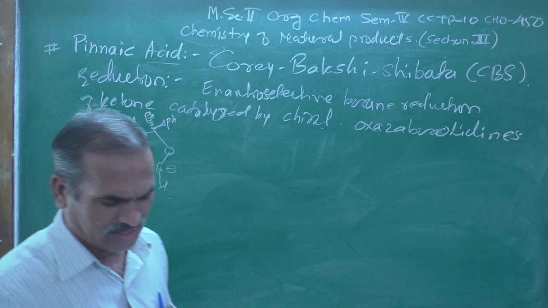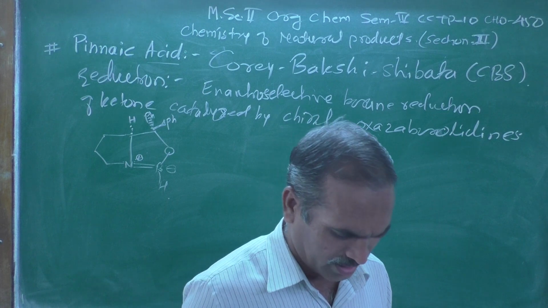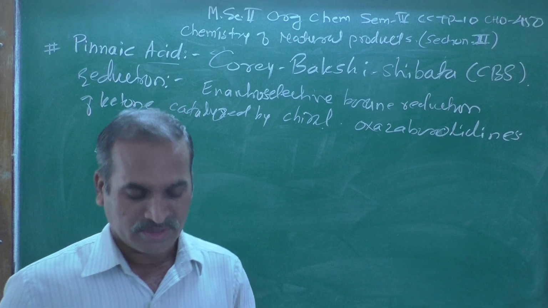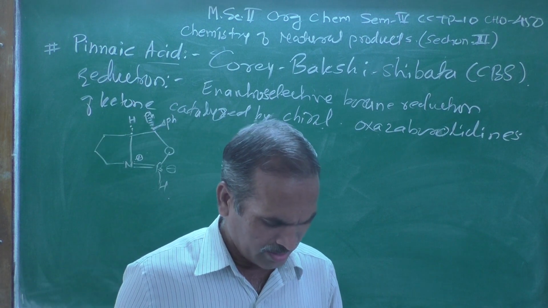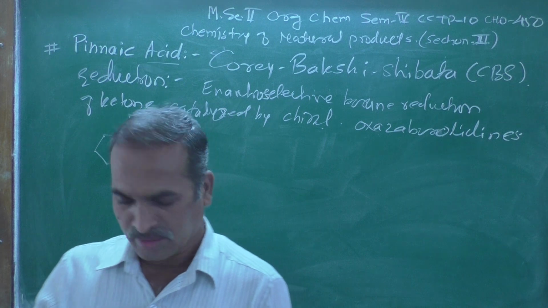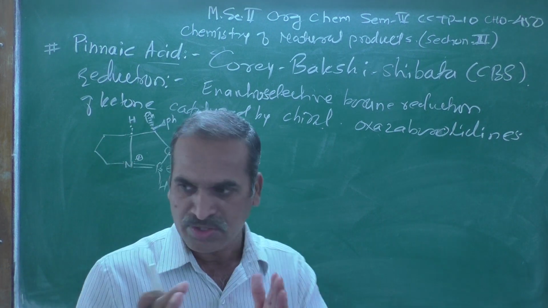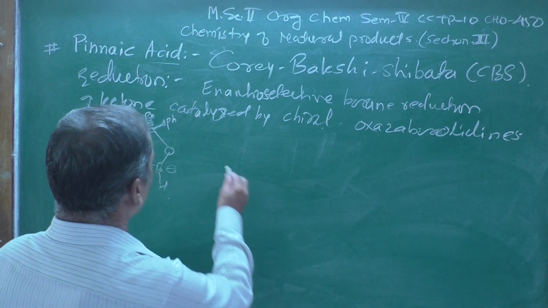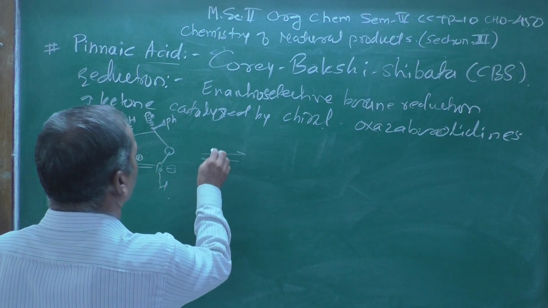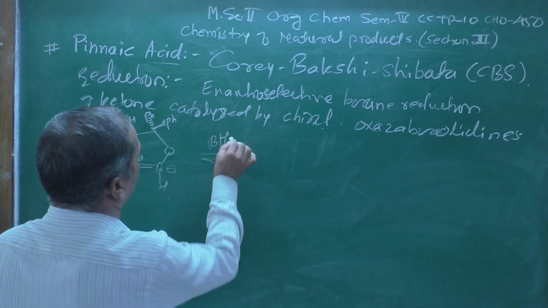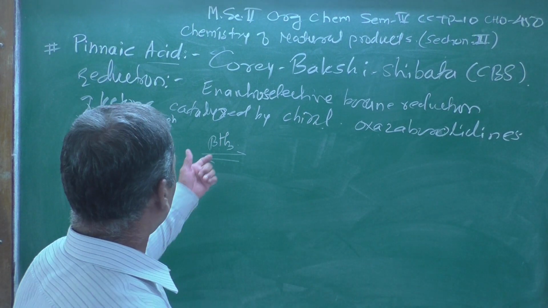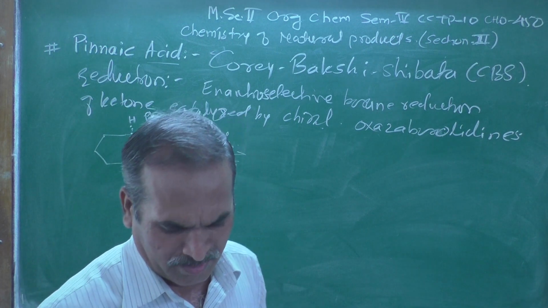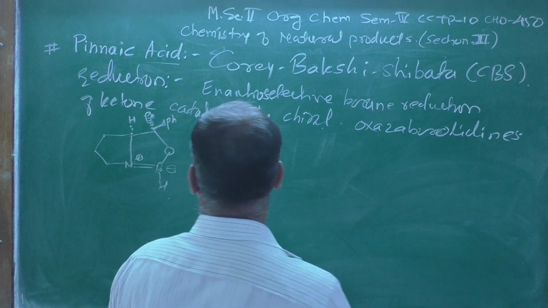Now this is a catalyst, a chiral catalyst, with a negative charge over here and one hydrogen atom, that can be the hydride suitably utilized for the reduction. Therefore, now this will be treated with BH3, that is borane. Borane is used here, BH3, and after that what do you get?